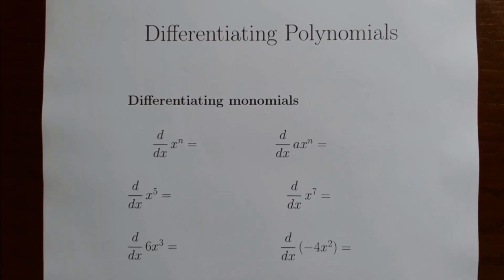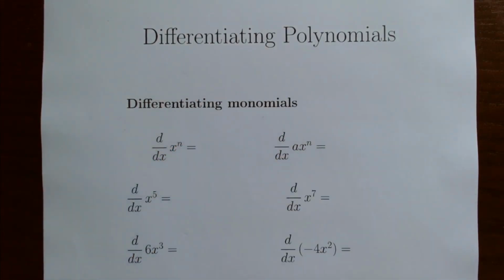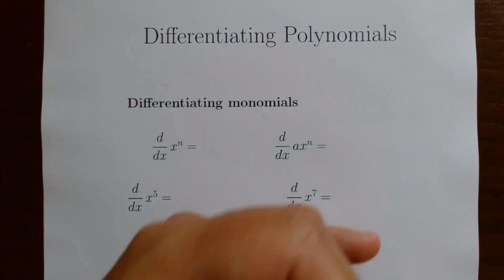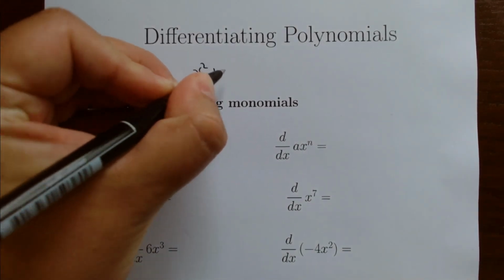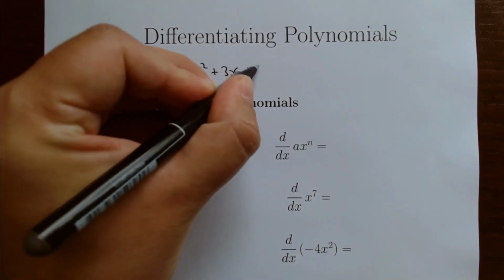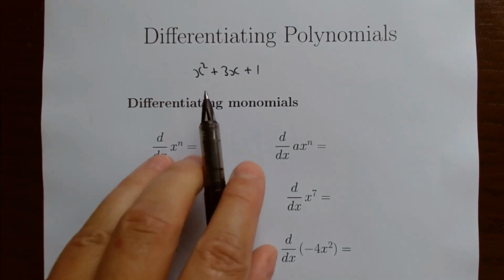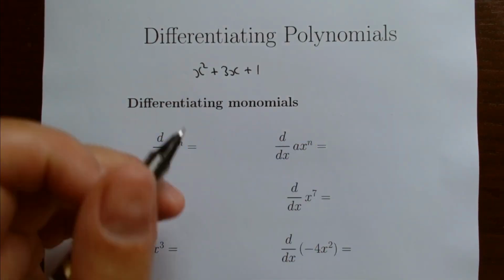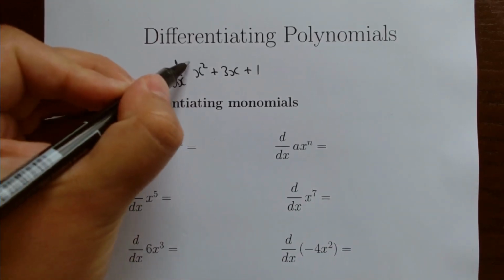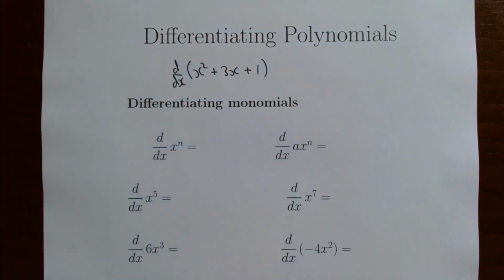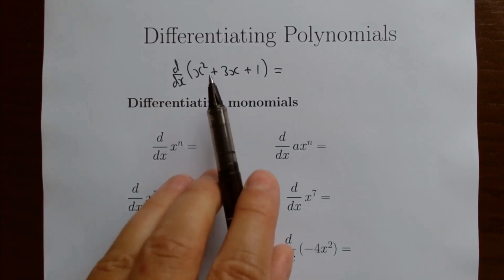Okay, so in this lesson we'll be learning how to differentiate polynomials, and here's an example of a polynomial. For example, x squared plus 3x plus 1, that's a polynomial, and the notation that we use to say that we want to differentiate it is that you put a d/dx in front of it, and the thing that you want to differentiate you put in brackets, and then you put the answer over there. So this is a polynomial,